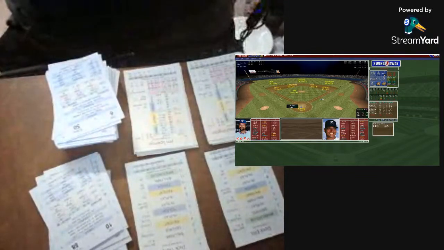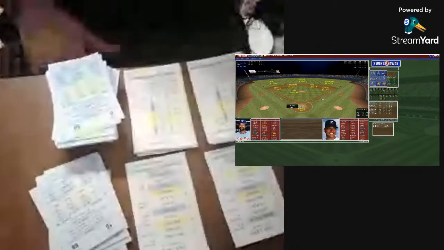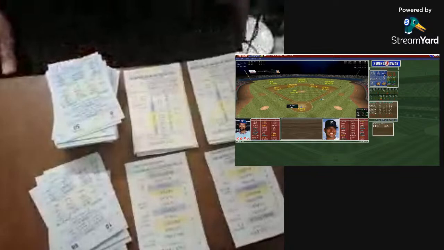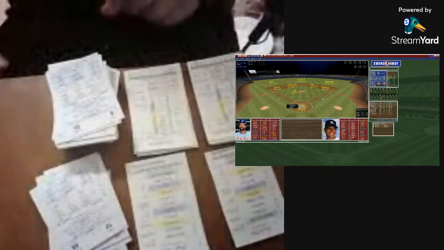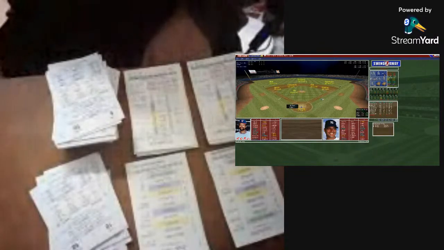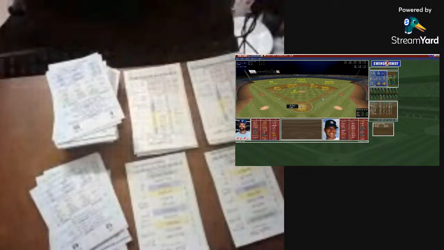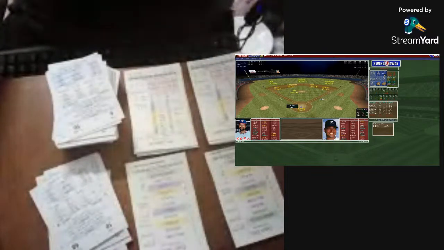So 3-3, we now go into the 7th inning. The batter will be Bucky Dent. He'll be followed by Randolph and Rivers against Doc Ellis, who will stay in the ball game. He is at fatigue 7, so we'll see how that manufactures itself.